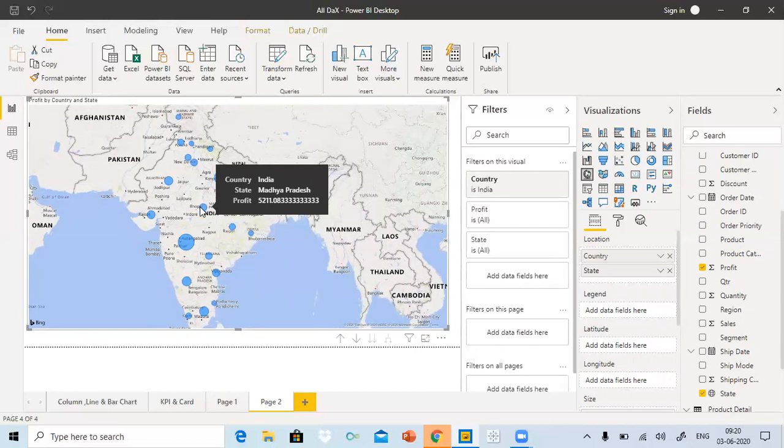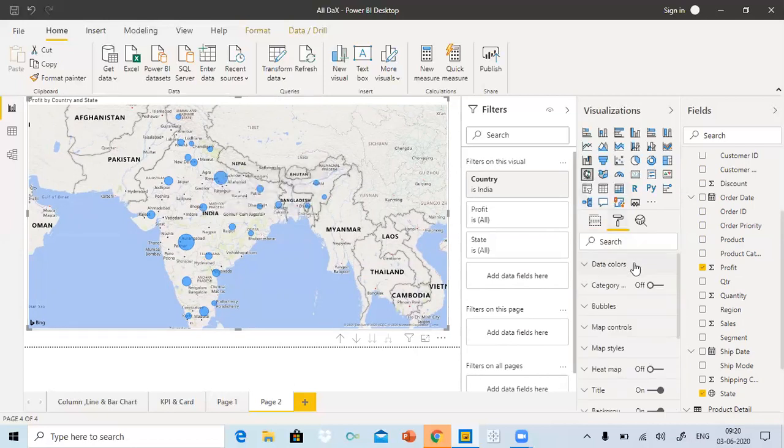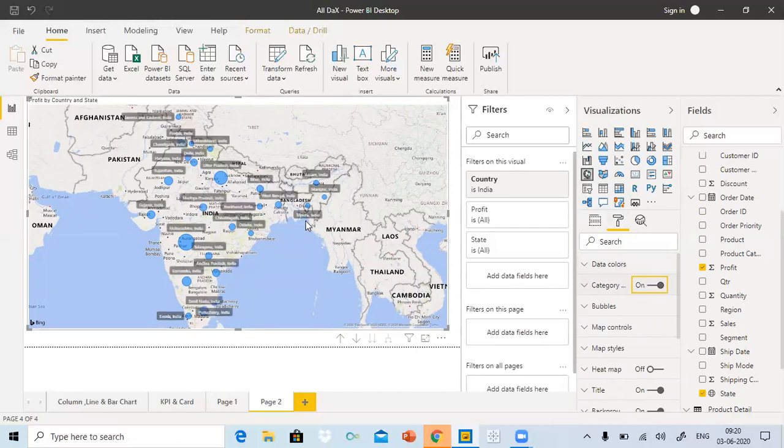You can apply that filter. If you click on format data colors, yes, you can change the color that is coming by default, and if you wish you can give it the name state by state. If you wish to see the values here, you just have to enable this. See, the values are also coming with the name of that label, that is state.